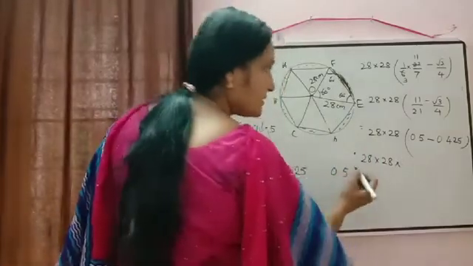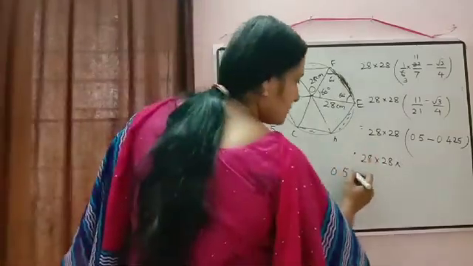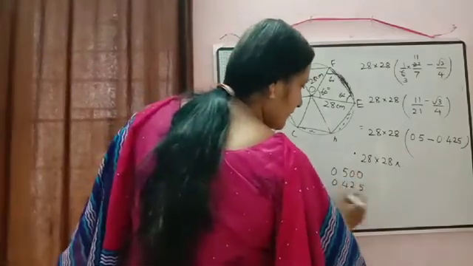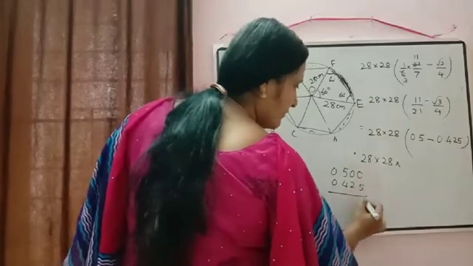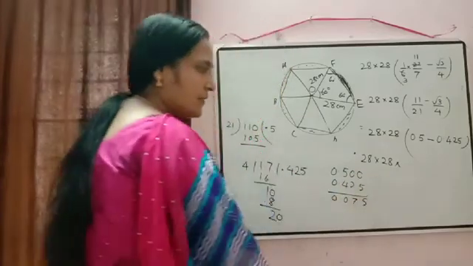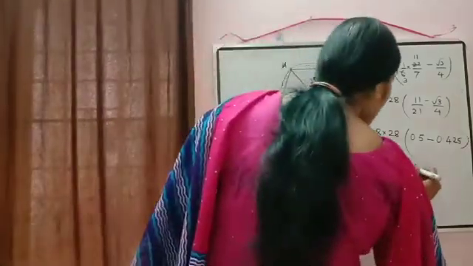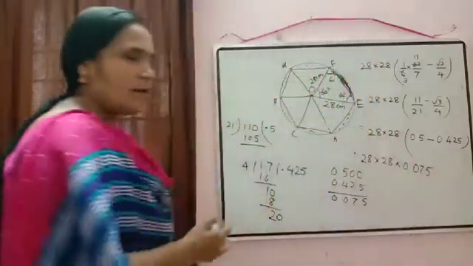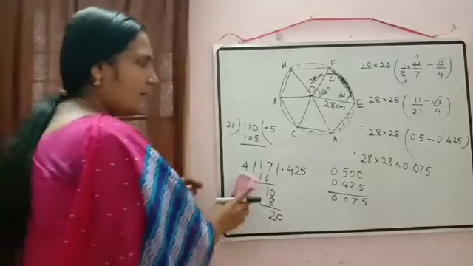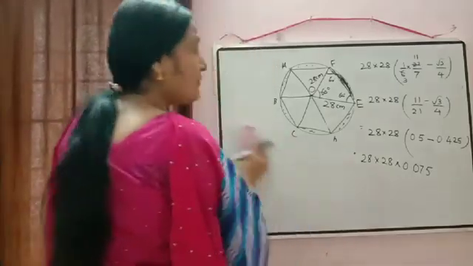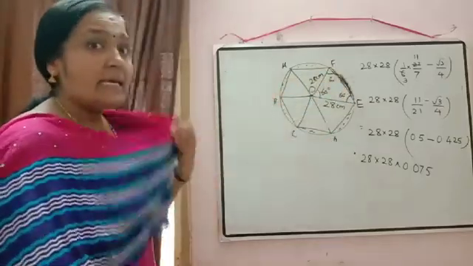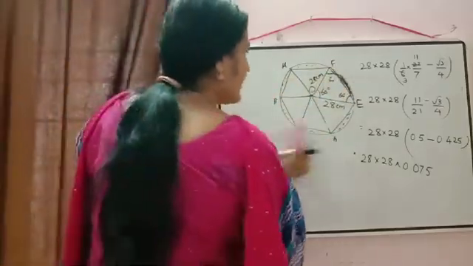While doing the addition or subtraction there, they should be converted into like decimals. 0.425. Then it will be equal to 10 minus 5, 5, 9 minus 2, 7, 4 minus. So we are getting here 0.075. At present, no need to do the multiplication. You just write down in this way. Area of, this one we got area of one design there. In this way, how many designs are there? 6 equal designs are there. So just write down there.